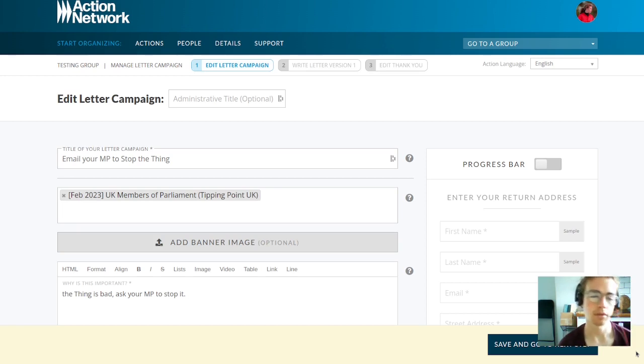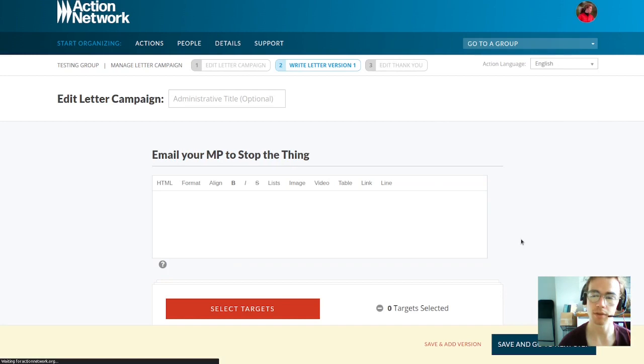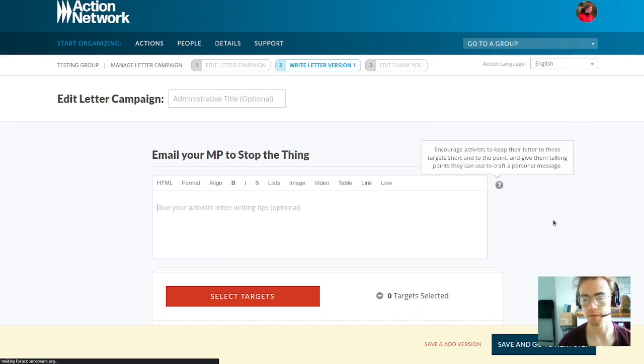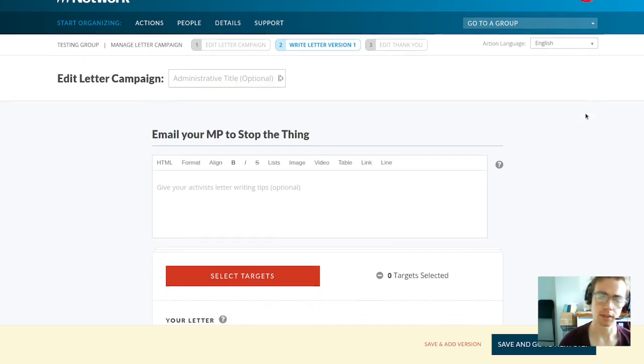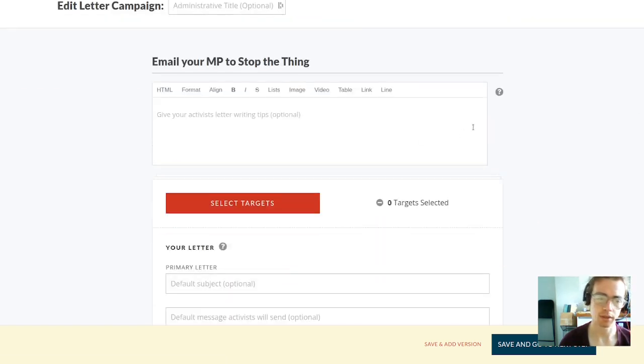Let it load. And this next step is when you load in the targets and you write the content of the letters that are going to be sent out through Action Network via someone's personal email. So in this stage, you've got a few fields to fill out. The first one is just some tips to activists. So these are things like